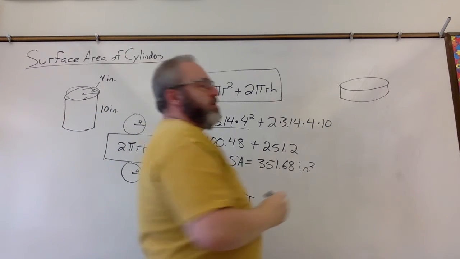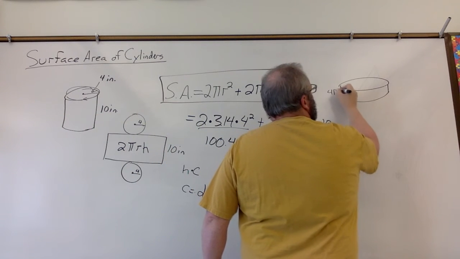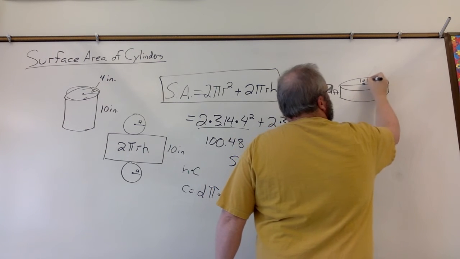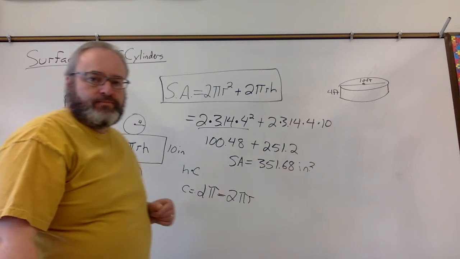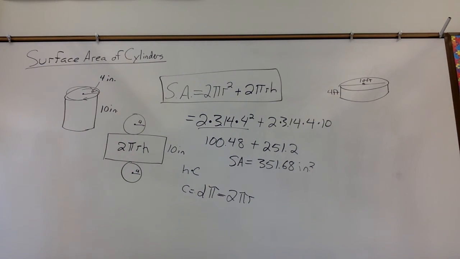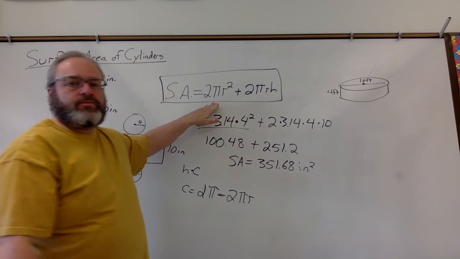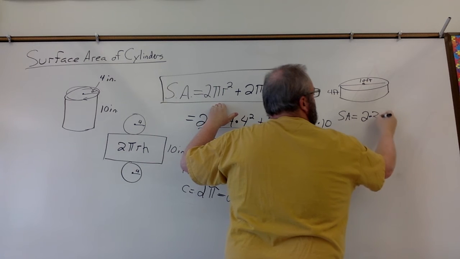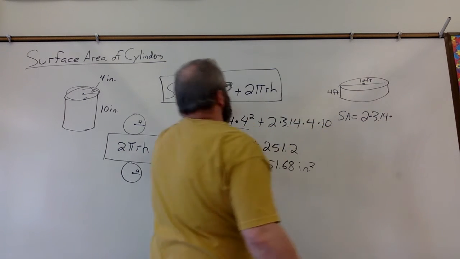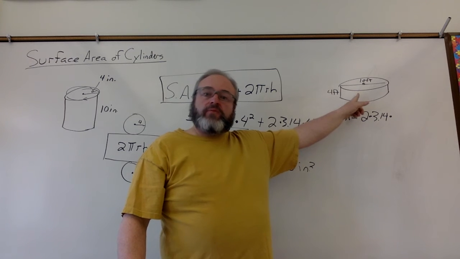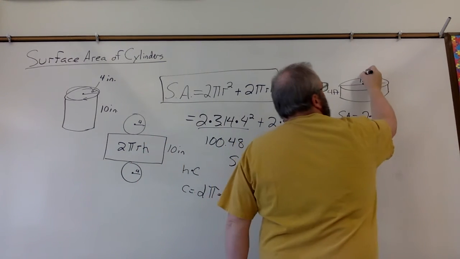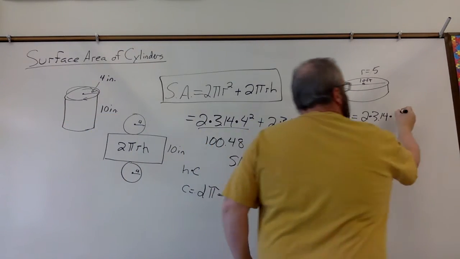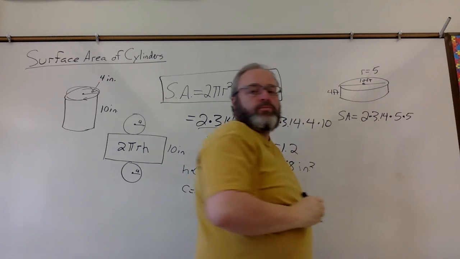Okay, let's say that this has a height of 4 feet and a diameter of 10 feet. Okay, so to find your surface area, we're going to follow this formula. So surface area equals 2 times 3.14 times the radius squared. Now, what's the radius? I gave you diameter, so the radius would be half of that, or 5. So 5 squared, or 5 times 5,